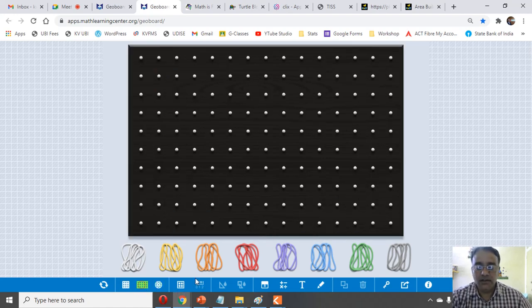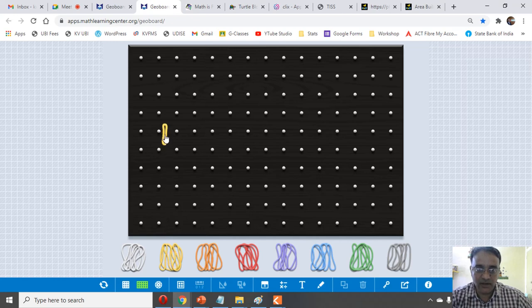So you can use any of these geoboards while solving any mathematical modeling problem. So you can show the angle of elevation, how the angle of elevation varies, or you can show the different shapes of quadrilateral also.